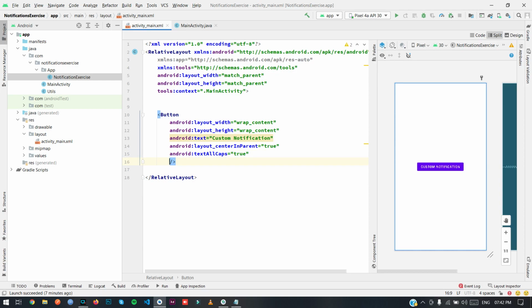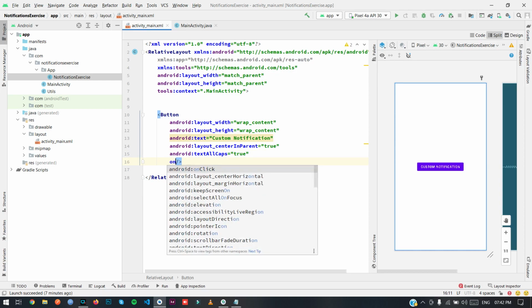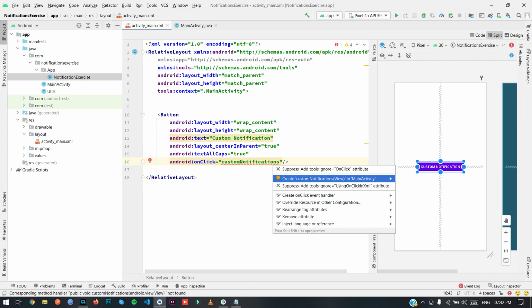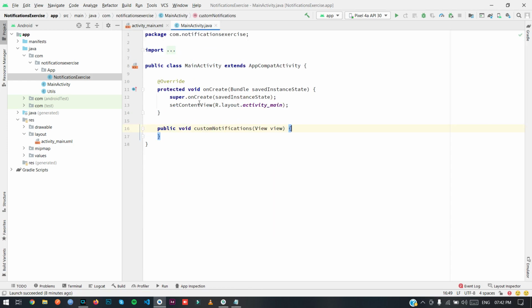I'm gonna set an event on it, which is called onClick. I'm gonna name it customNotification. Then press Alt Enter, and then select create customNotification in MainActivity. This will create a method in the main activity.